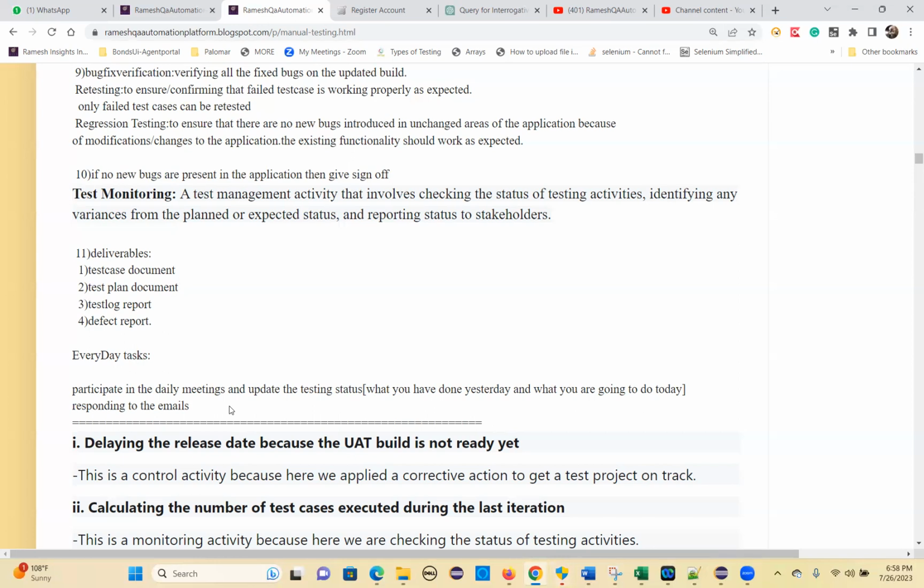Once test case design is done, you ask for review. So who will review? Your manager can review, or the development team can review. The development team, business analyst or product owner can also review your test cases. Once the review is done, you wait for the build. The development team is still working. You will get some breathing time, and meanwhile you prepare any other work, such as test data. Once that is done,